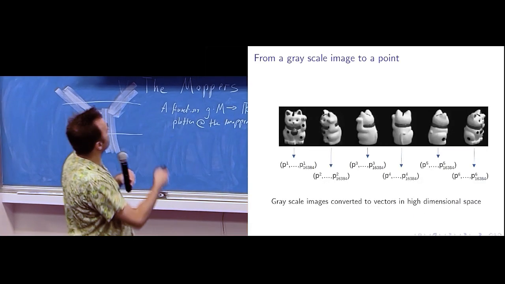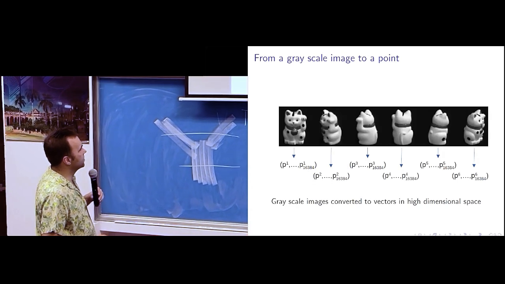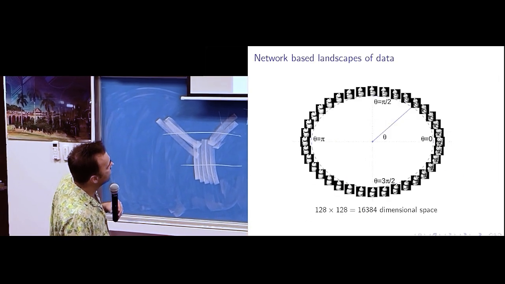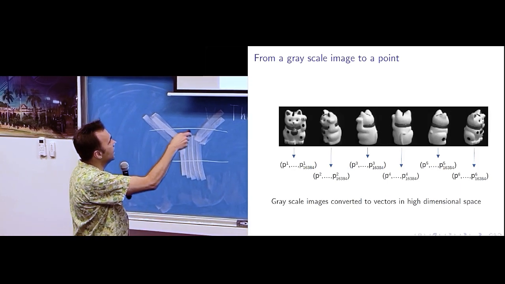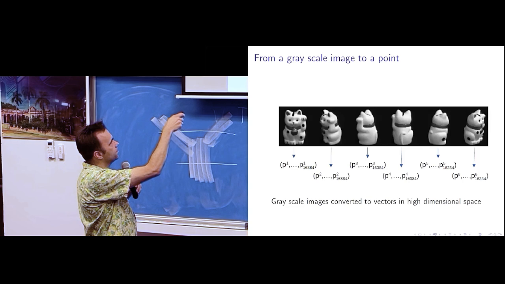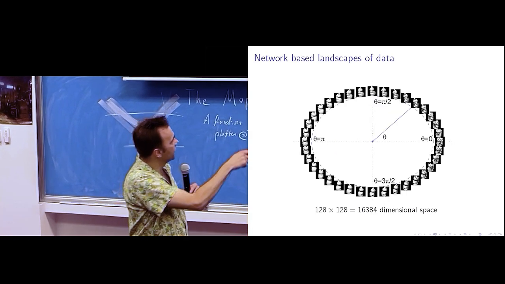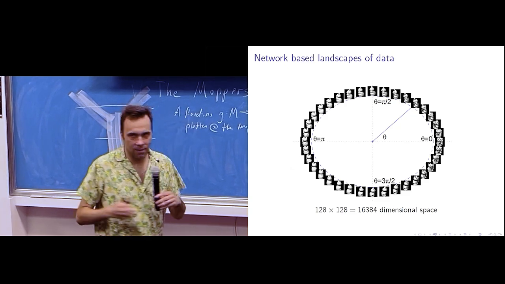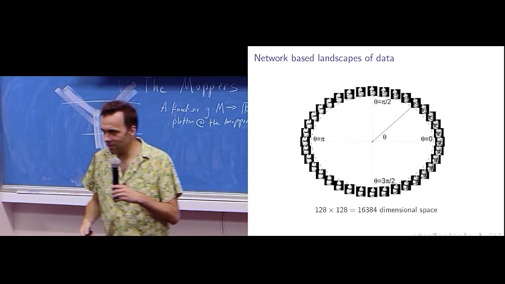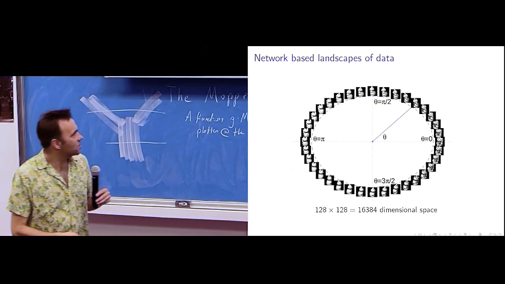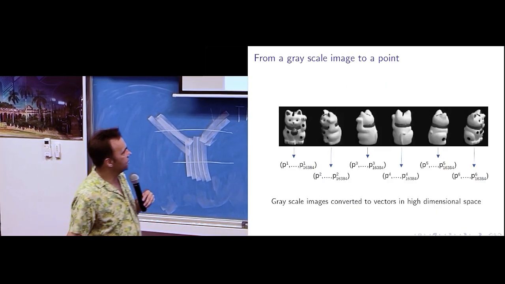What I'm going to do is, for every one of those images, I want to flatten it into a vector, right? 128 times 128 is 16,384, when I flatten it row by row into a vector. So right now I have a number of pictures of the cat from different angles, and they are converted to points in this 16,000-something